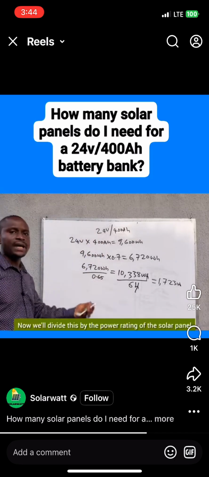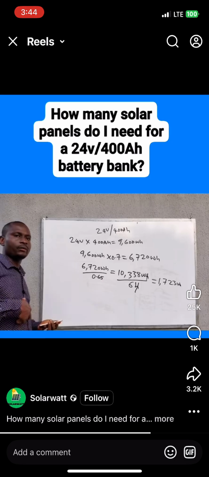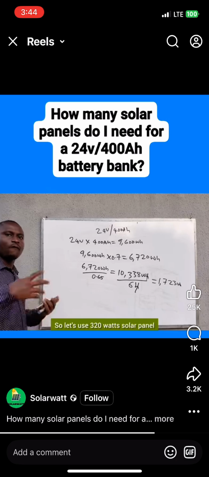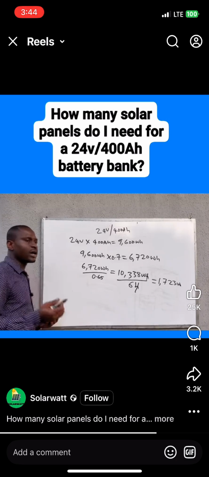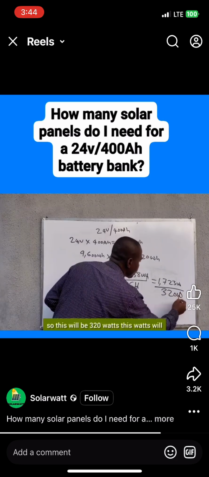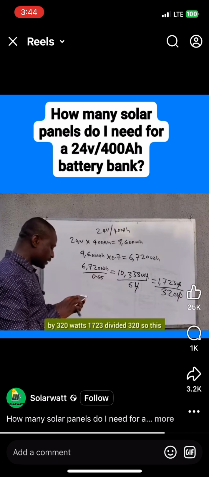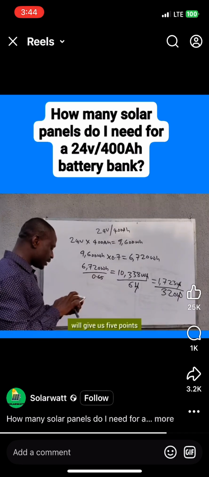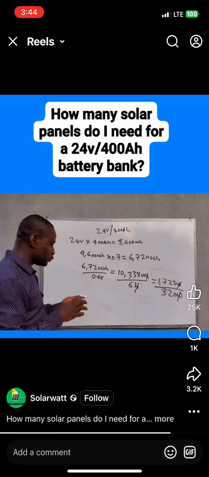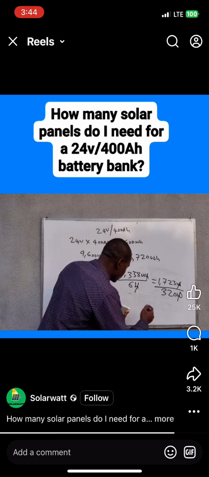Now we'll divide this by the power rating of the solar panel we want to use. You may decide to use 200 watts, 300 watts, or 400 watts. Let's use a 320 watt solar panel. The watts will cancel, so it will now be 1,723 divided by 320. This will give us